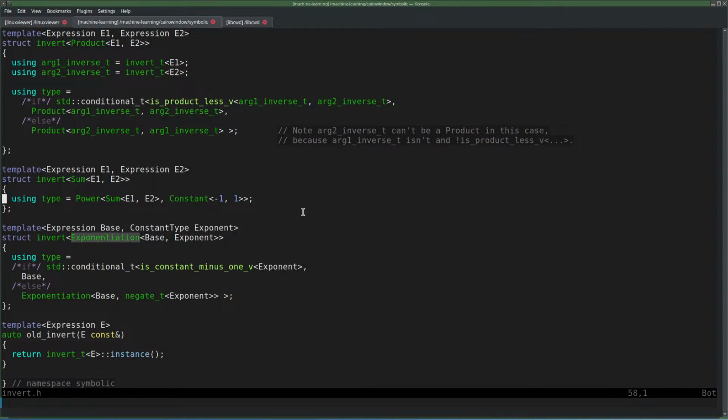I have exponentiation for that. I think this should have been exponentiation. But yeah, that's also dubious because the exponentiation of the sum. Wait a